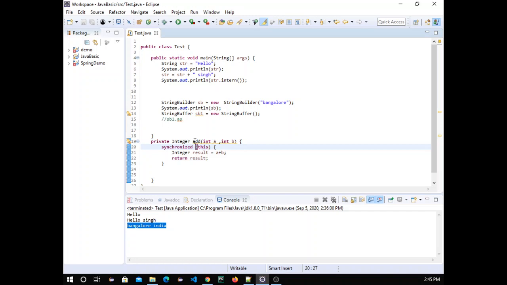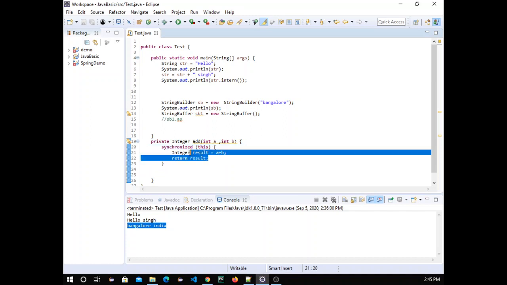Yeah, so suppose two threads are coming here. One thread will come in and get the synchronized lock. Any one of them, according to the thread selection, how the operating system selects which thread will execute. So one thread will come inside and another thread will keep waiting. Once the first thread has completed its execution, then the second thread will enter this block. So this makes synchronized a little bit slower, because one will keep waiting, one will execute.